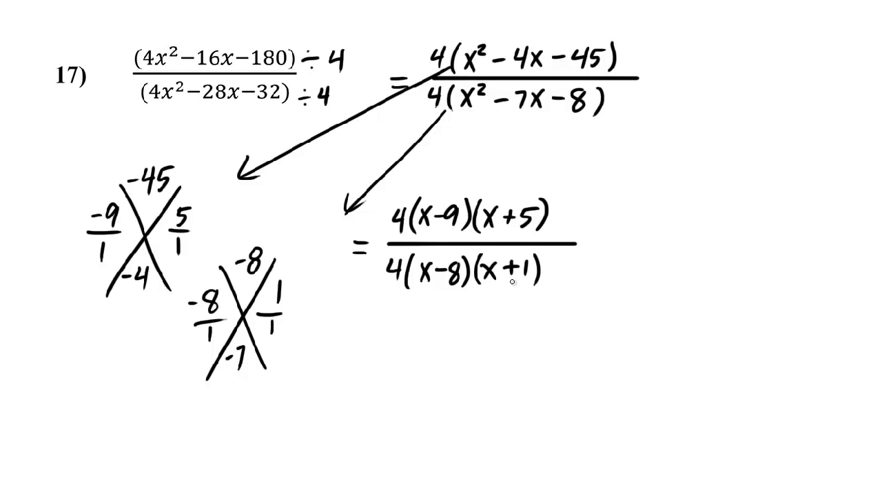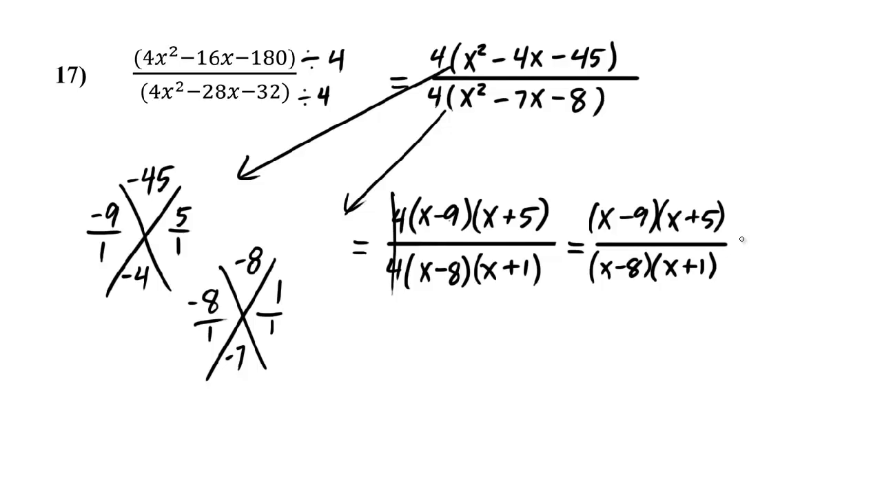If we're looking at this, these factors, actually, none of them cancel out. There's nothing on the top that's also on the bottom. The only thing that we have are these silly little 4s that we dealt with at the very beginning. So the answer, once we see that, is just going to be x minus 9, x plus 5 in our numerator, x minus 8 and x plus 1 in our denominator, and we just